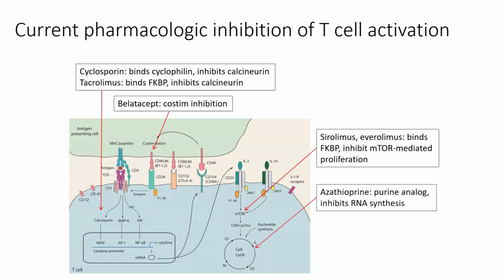Azathioprine and mycophenolate are both involved in the cell cycle. They incorporate themselves into RNA or they inhibit the generation of new purines. Those are the big five categories of drugs that we use most frequently,